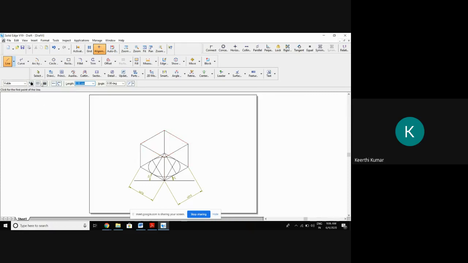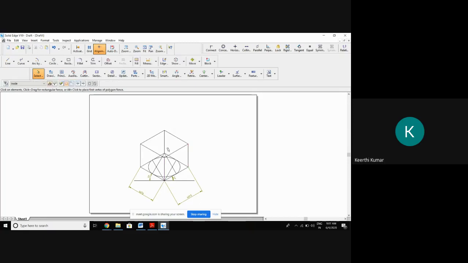What is there with you? Can you tell? We are having a box which is having 60 mm base, 50 mm height. Within this, we are trying to push the cone. The cone of base diameter 60. Of course, it can easily fit. But height 50 I have not yet created. I'll create now. Box is created. But cone we have to create now.